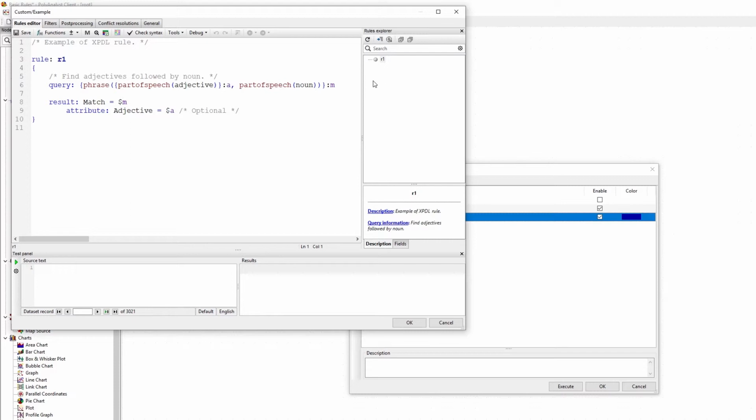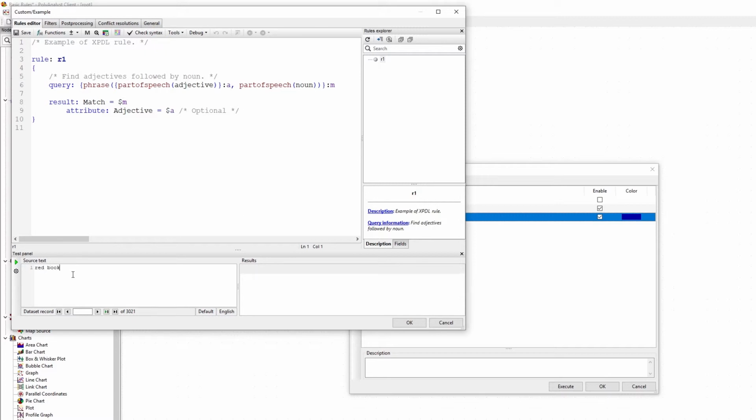Later in subsequent videos, we'll talk about child rules and how we can have nested rules, similar to how we have these nested taxonomy structures. You can see them organized in this structure here. We have the standard array of XPDL tools, like our macros and variables button and our dictionary selector button. But we also have access to a test panel at the bottom. This will allow us to type in some text,